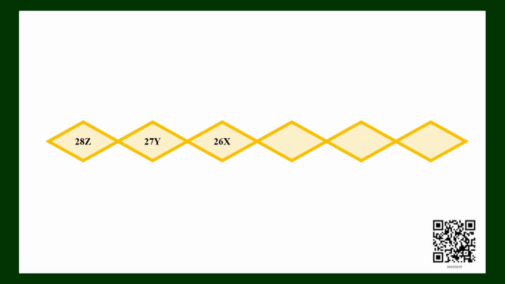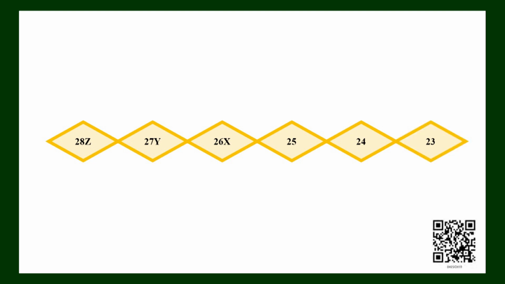If you observe this pattern, it is a combination of numbers and alphabets. First number is 28. Then along with that we have the alphabet Z. If you observe the numbers alone, what can we see? Yes, they are decreasing by 1. First it is 28, then decrease by 1 it is 27, then one more decrease by 1 it is 26. Then what will be the next three numbers? Very good, they will be 25, one more decreasing, we will get 24, then again if we decrease 1 from that we will get